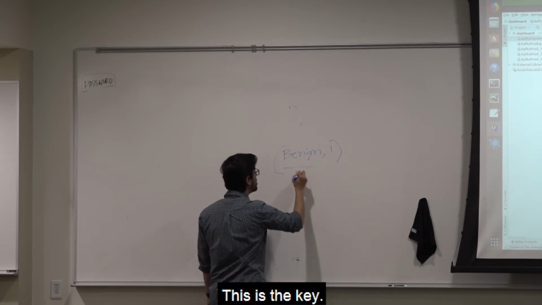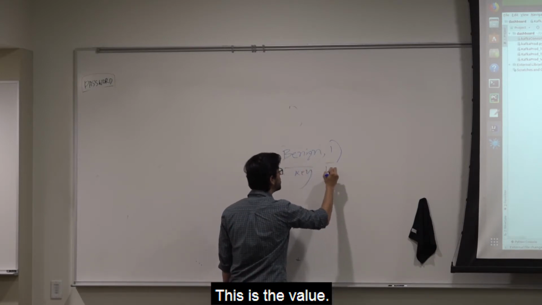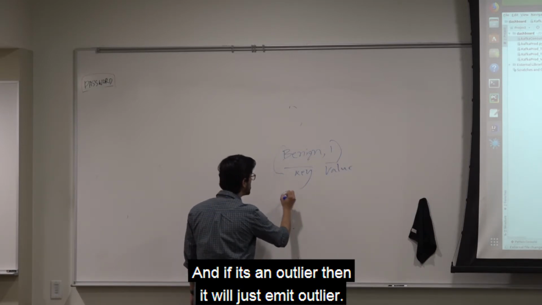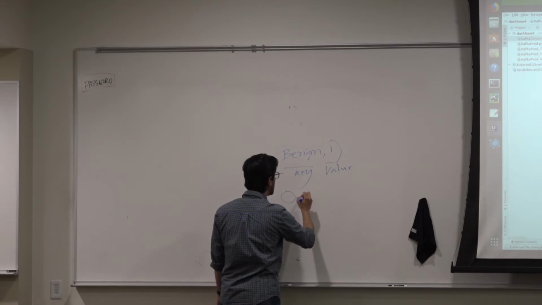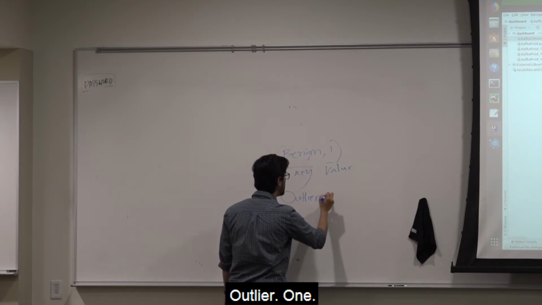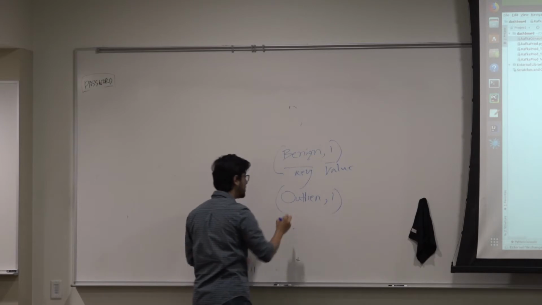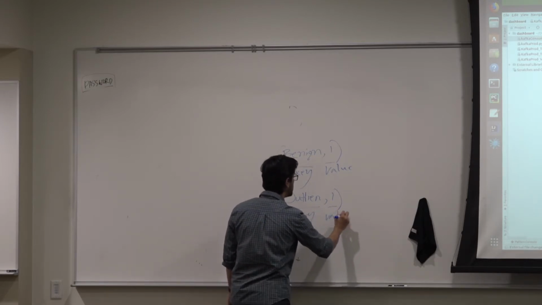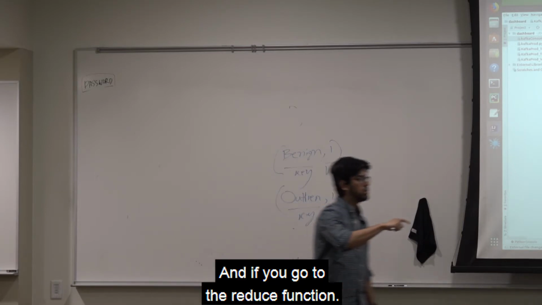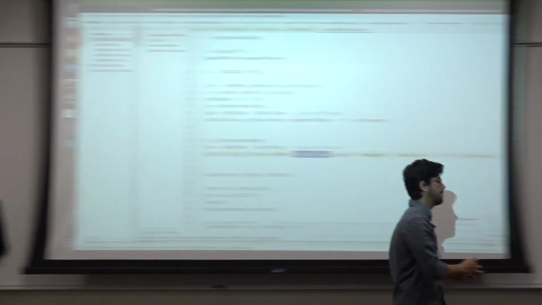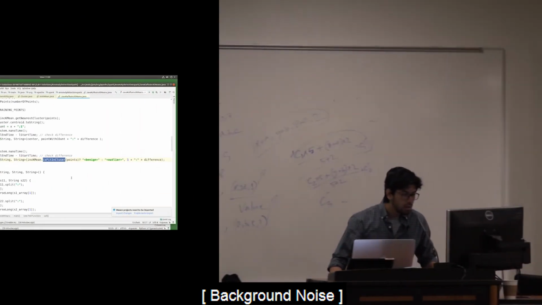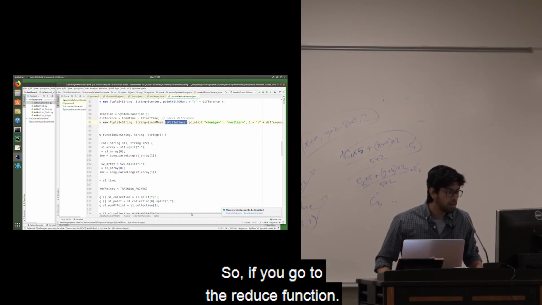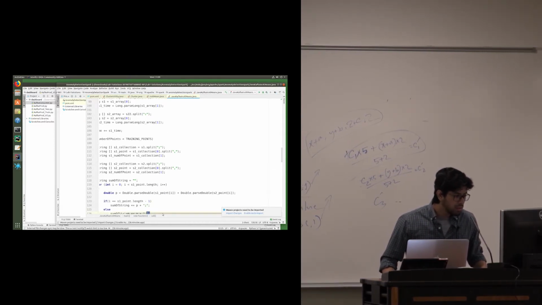This is the key, this is the value, and if it's an outlier, then it will just emit outlier, one, key, and the value. So the map will emit this key value pair. And if you go to the reduce function,